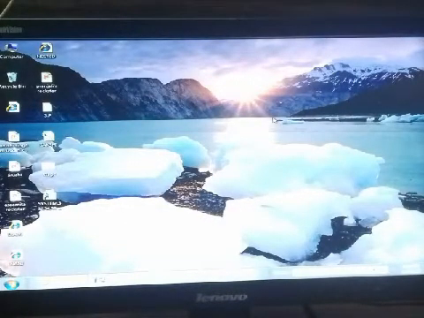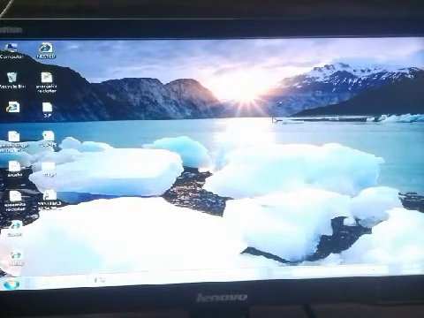Our next topic is the search box. Dear students, the search box is located at the bottom left corner of the desktop, and it is used to search the personal computer. It helps launch apps, settings and documents in Windows 10.